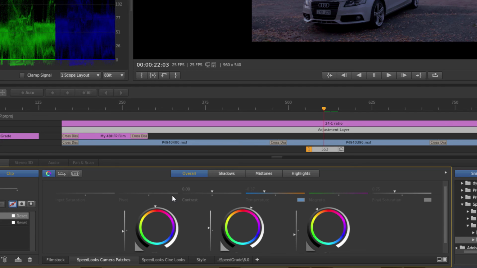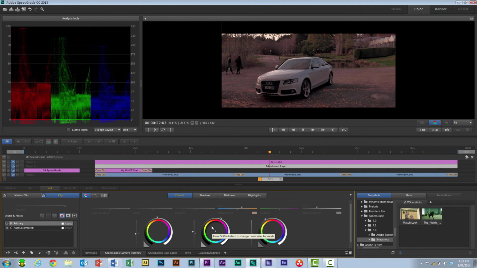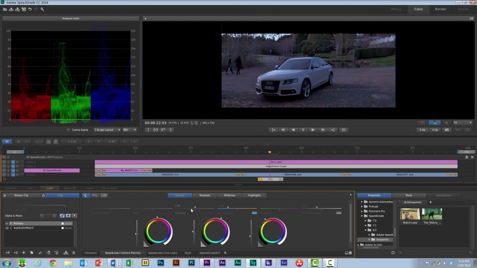You can see here we've got contrast and we've got this pivot as well, but the temperature gauge is one that I think is really, really interesting. If I click on that button there, it will reset that, and I could make this warmer. So now it feels a bit more like a sunset, just by tinkering with the temperature gauge, as opposed to trying to push the colours in the wheel, which is not a very accurate way of doing it. So we'll give that a nice blue feel, and I might just drop the contrast